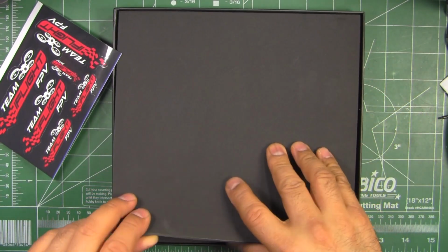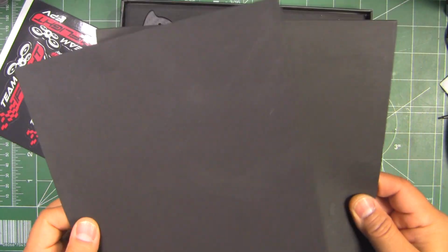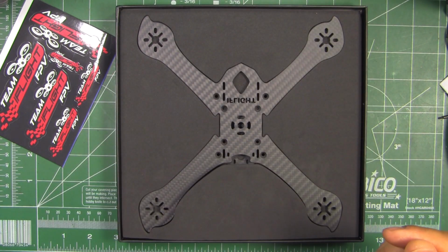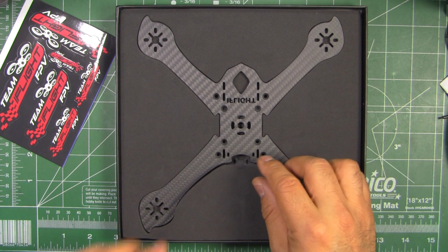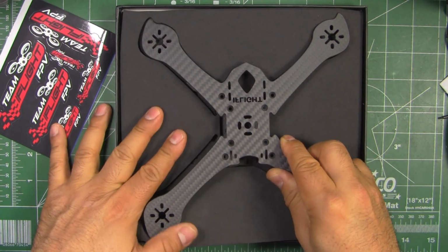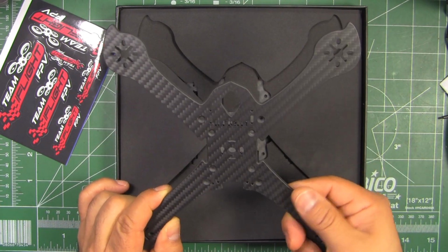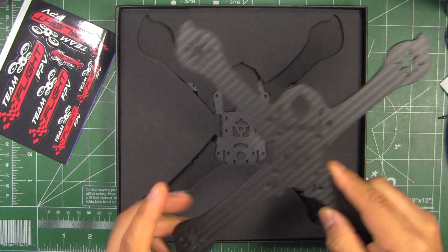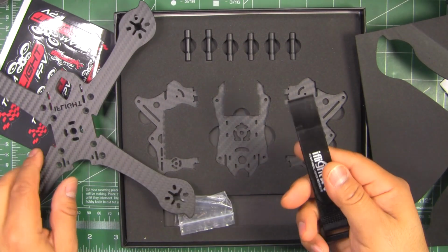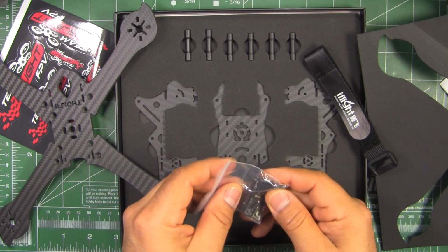some stickers, still protected with a couple of layers of this dense foam. Pretty good. This can be used for various other uses. And finally, here's the frame main plate. Very nice carbon, like really nice rounded edges, very smooth. Anyway, let's continue here. So they give you a rubberized battery strap, some hardware,